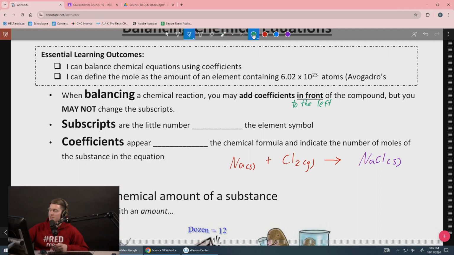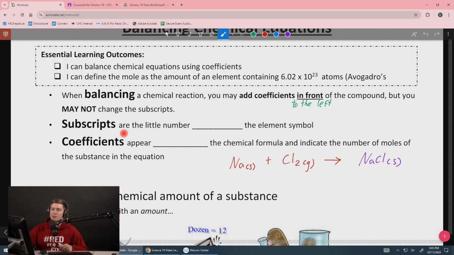We cannot, this is not allowed, we cannot just put a little 2 subscript here. So we just put a little 2. Now all of a sudden we have one sodium, 2 chlorides. Looks like it's all balanced. This is not what sodium chloride looks like though. Sodium chloride is 1 sodium, 1 chloride in a 1-to-1 ratio in a crystal. It's not 1 sodium to 2 chlorides. So we can't put a 2 there. Instead, we can add a coefficient in front of the molecule or to the left, but we can't change the